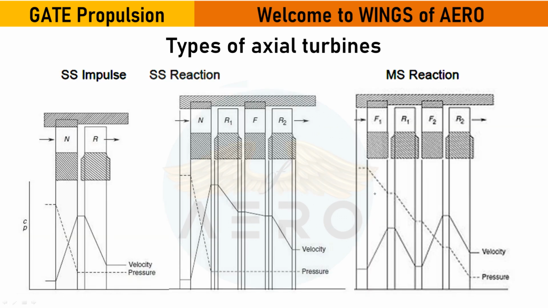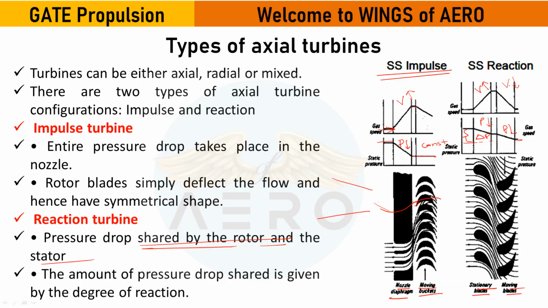Now, Ma'am, previously the pressure and velocity were inversely related. Pressure drop, velocity will also drop. Yes, but here the velocity is dropping because of the shape of the airfoil. The airfoil is kept in such a way that it is highly cambered. If you see the cross section of a compressor blade and a turbine blade, the turbine blades are highly cambered, and when the flow comes over here, it leads to stall.